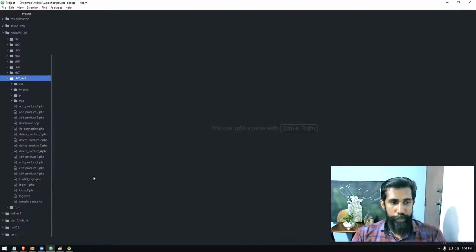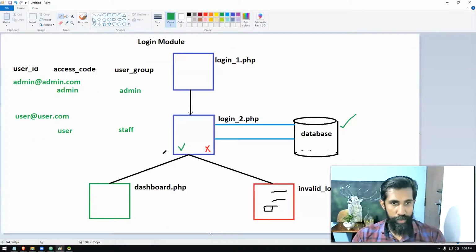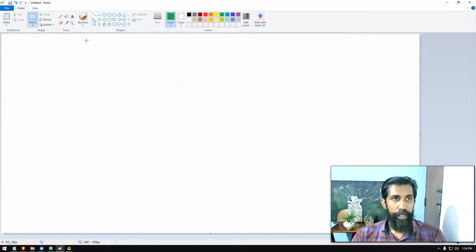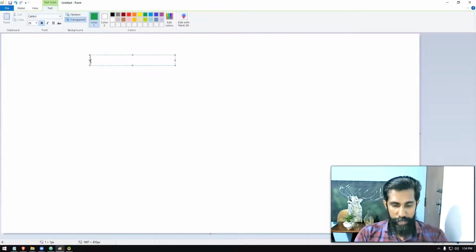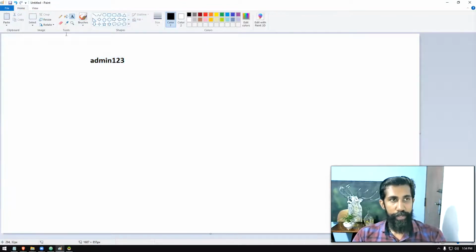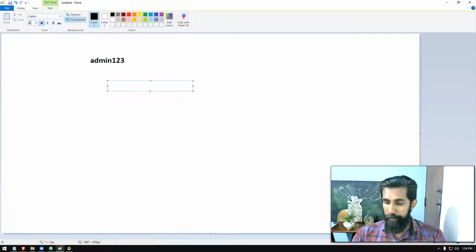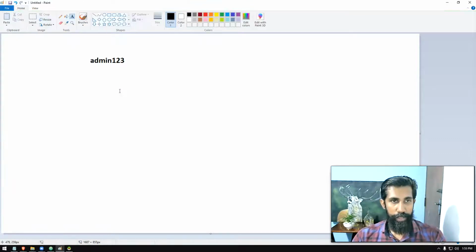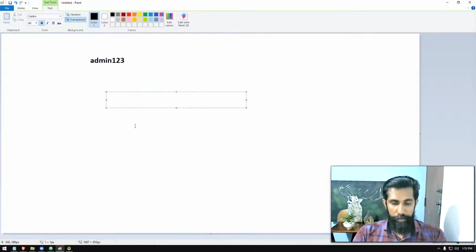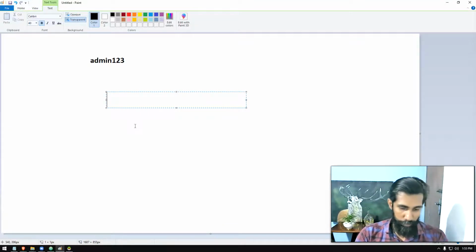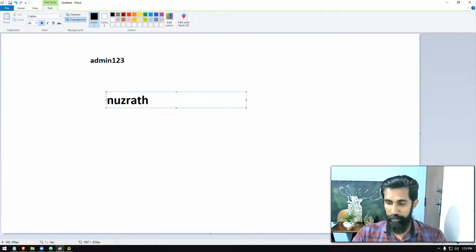Now, first of all, let me talk to you 1 second, right? So I will delete this code already discussed. So if I write something like this, right? So let's say admin123, this is most people's default password. Okay, right? Admin123. This is a bad password, by the way. It's not a difficult password to guess. Okay, so it's a very easy password, right?